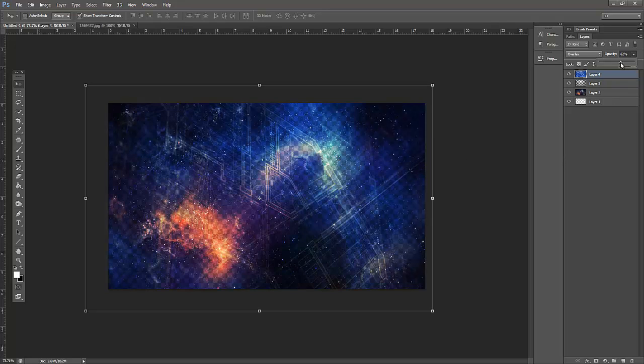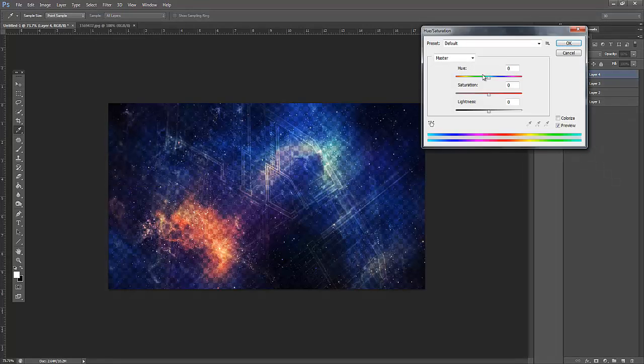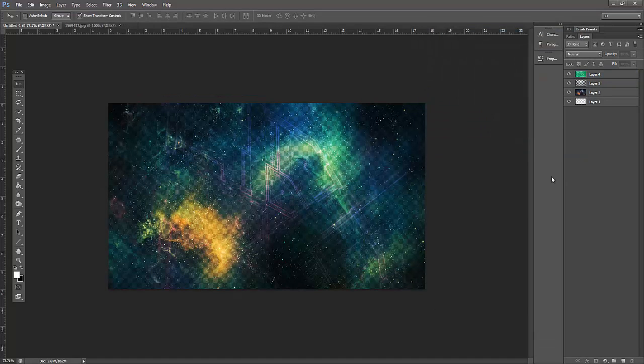I'm just going to drag the opacity down a bit and maybe change the color of it, because blue doesn't really fit in with this, so we can make it any color we want, like that. That looks a bit better. Yeah, that's cool. And then maybe if you want a bit more depth, just make a new layer